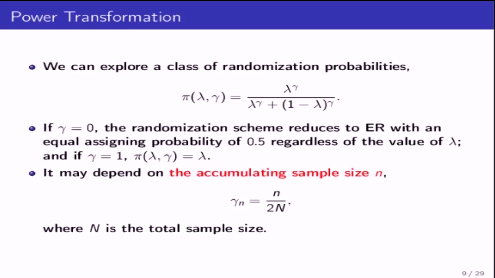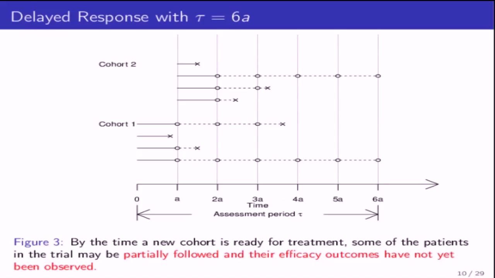You can even explore a more flexible class of randomization probability by introducing a power transformation parameter, gamma. And you can also let this gamma depend on the accumulating sample size, where small n is the accumulating sample size and n is the total sample size. It's sort of like a Box-Cox transformation in some sense, and you can explore a larger class of randomization probability. Now let me switch gears and talk about the delayed response, because this is very common in